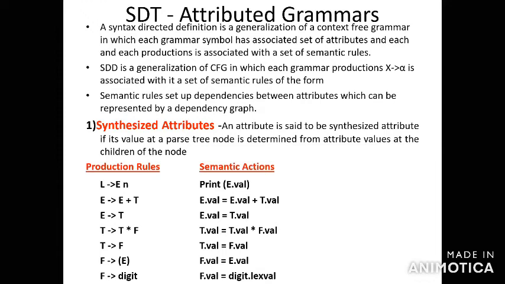In syntax directed translation, we have two kinds of attributes. One is the synthesized attribute, the second is the inherited attribute. A synthesized attribute is associated with each production of the given grammar. Its value at a parse tree node is determined from the attribute values of the children of the node. For each parse tree construction, you have to construct it from the given grammar according to the given input string. The parse tree is nothing but an annotated parse tree, constructed from the given production rules based on the given input string.